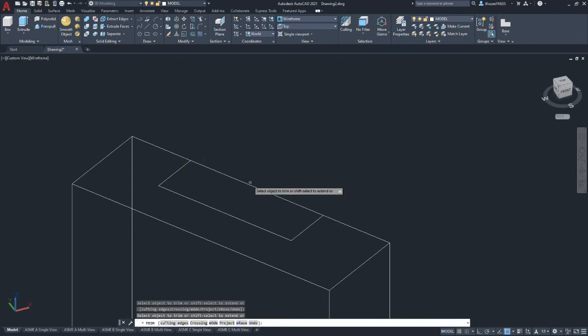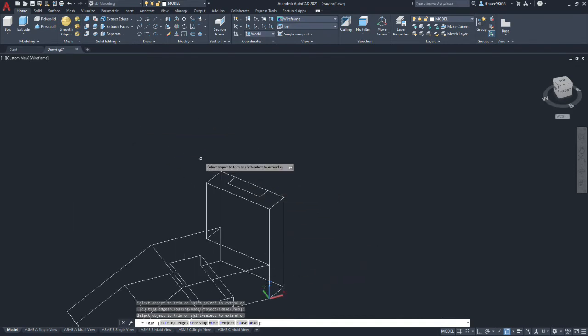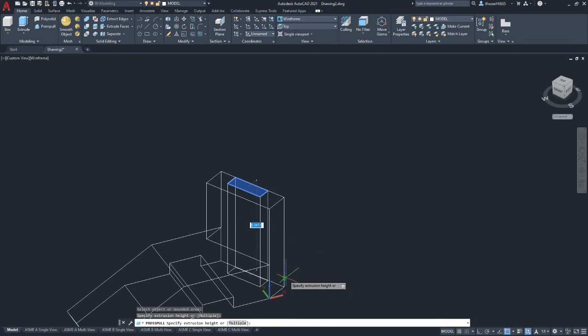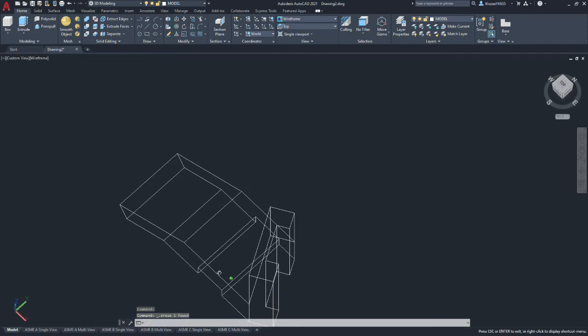Okay, we should have the rectangle we need to press pull through the part. So we're going to go press pull. We're going to select the boundary of the rectangle, and we're going to go all the way through the part, which is 8 inches. Alright, so let's delete this extra construction geometry we don't need. Alright, so your model should look something like this.